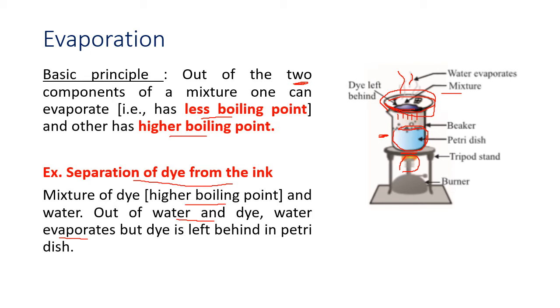So what happened? We know now that ink is a mixture of a dye and water. But the amount of dye is high, it is quite concentrated. With the help of the method of evaporation, we separated the dye from the water. Now remember, in the case of evaporation, only the dye is left behind. The water is evaporated. We have not collected the water.